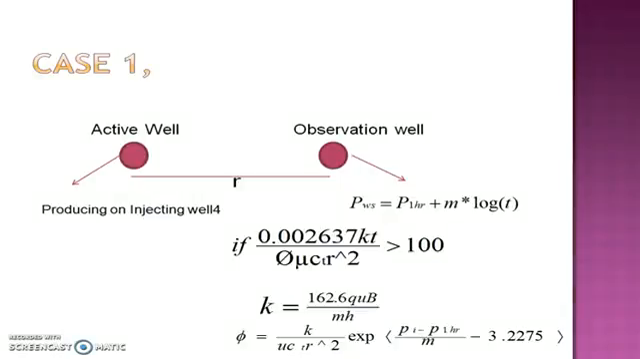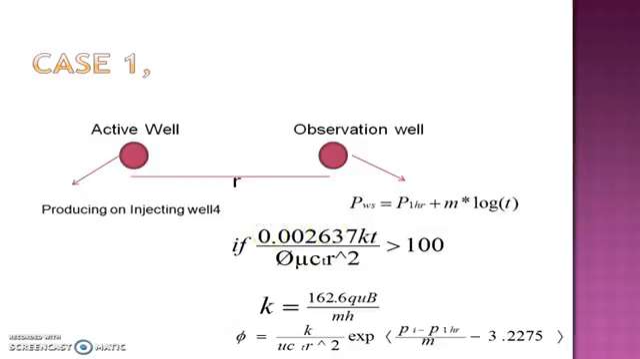My name is Ishtiaq Ahmed and I will explain cases of interference test. Let us consider an active well at this point. An active well is either a producing well or an injecting well, and the observation well is at a distance r from the active well. If we want to calculate stabilized well pressure, denoted by PWS, it is equal